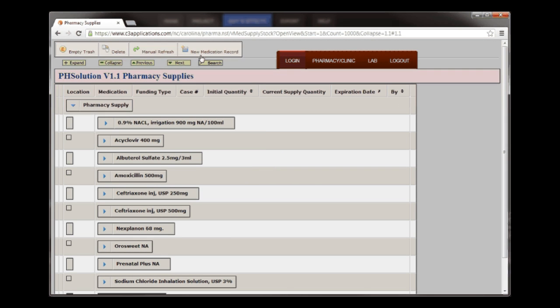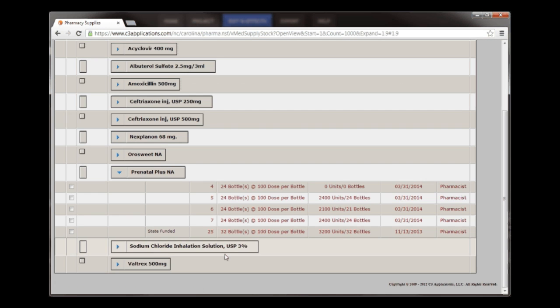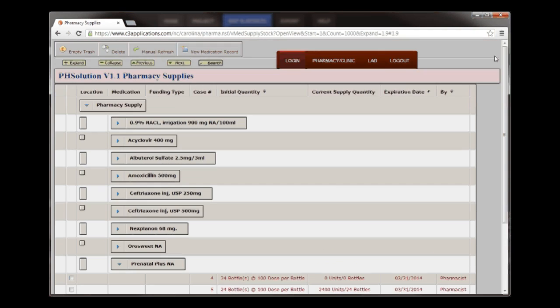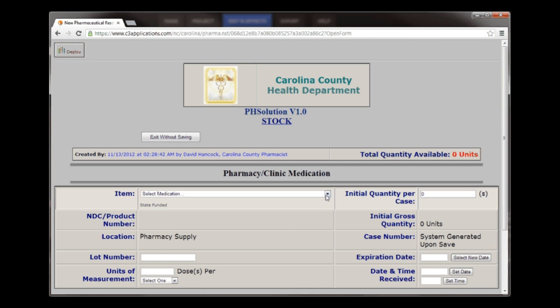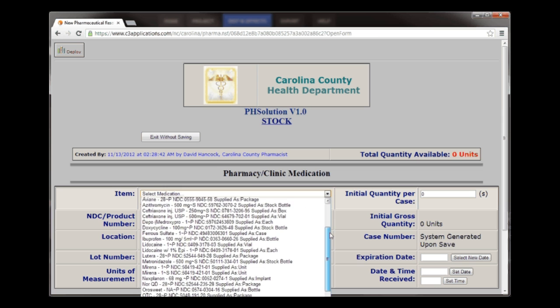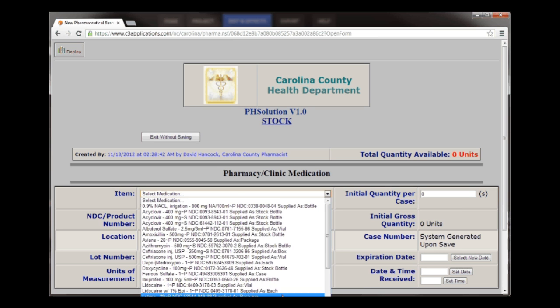Okay, let's look at how we enter supply information. Now, this is going to be done by an administrator, but I think it's important that you know how it works. We're going to look at adding another bottle of Prenatal Plus. As you can see, there are several in here already. So we'll go up here and select a new medication record, and because we have defined it, it will be down here